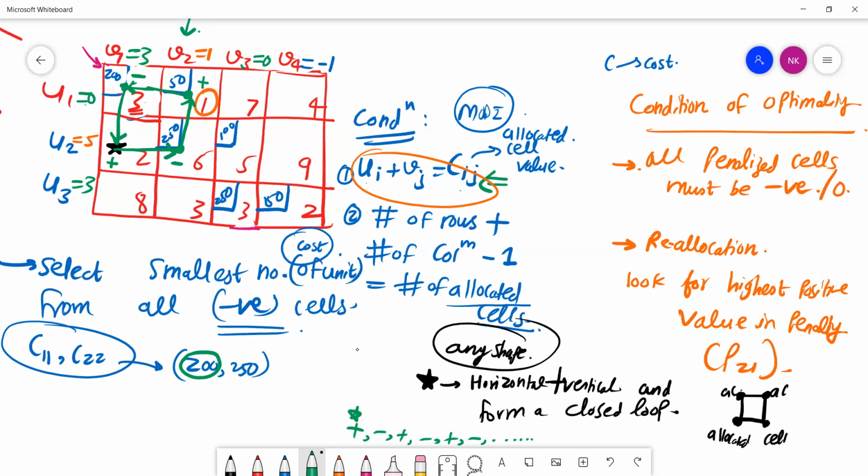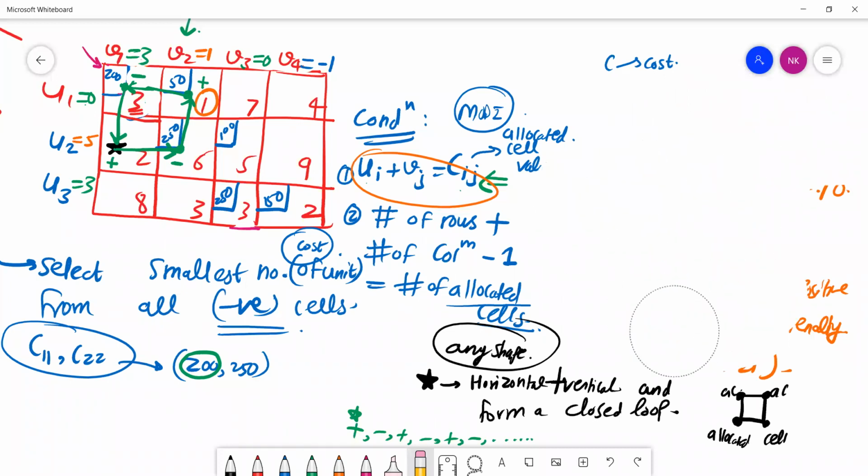So with this reference of 200, I will be modifying my entire matrix. I would be really happy if you have written this entire condition of optimality, because I need some space to write. I won't be doing everything overlapped in this particular structure. So I assume that you would have written this condition of optimality, so that I can erase it and have some space to write, because I can't every time just write over this figure. It will become very difficult for you also to understand.